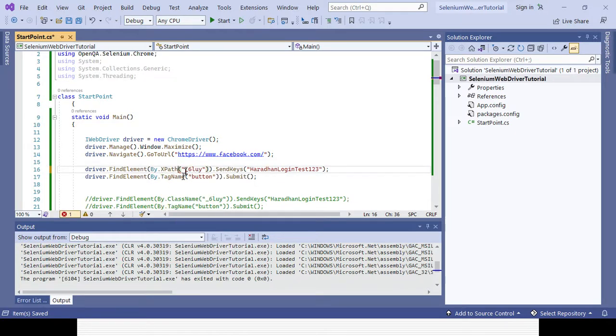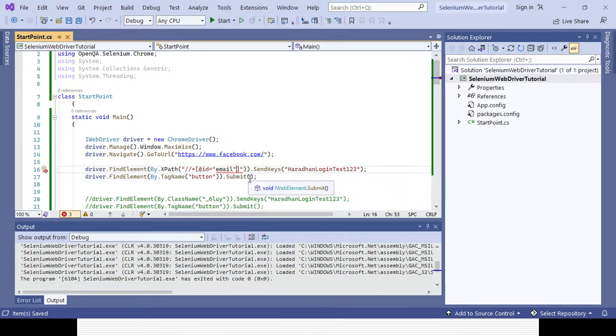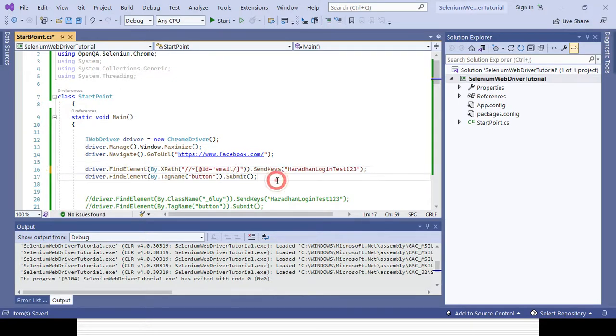I simply need to change the value of the XPath to whatever default value I have copied. It should be single quote, not double quote. That is the reason for the error. I think that's gone.